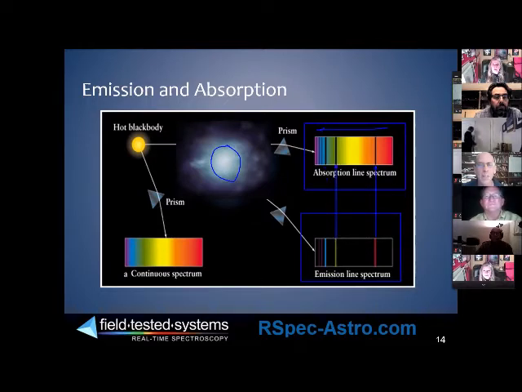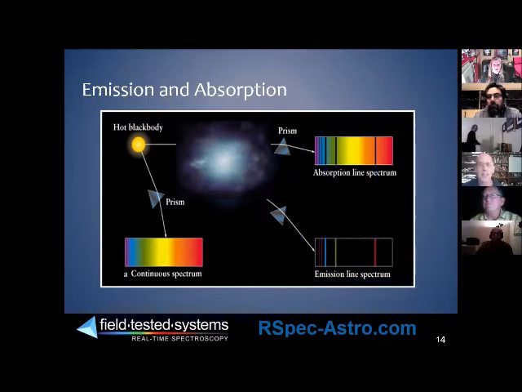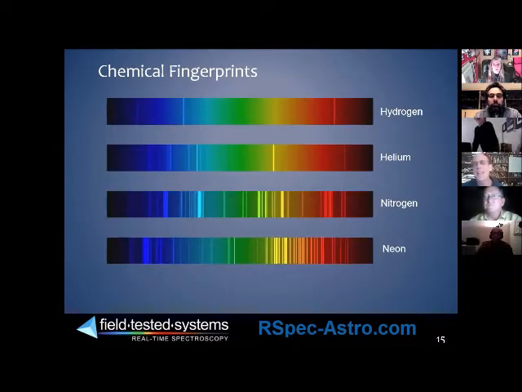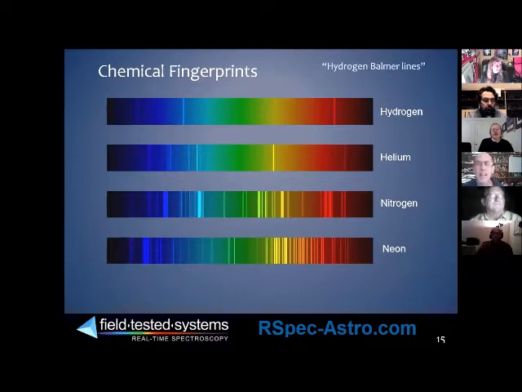And we'll see examples of both of those as we go through my presentation tonight. So these lines are chemical fingerprints. For example, you can see this hydrogen line just doesn't exist in helium. In fact, hydrogen is so common in the universe, and we use it so often in spectra, that it's nice to know the name Balmer lines, which refers collectively to the lines that we've even given Greek letters to,